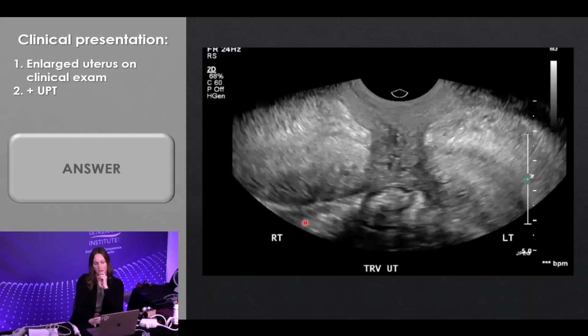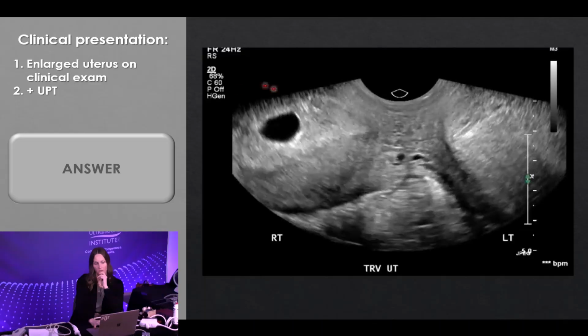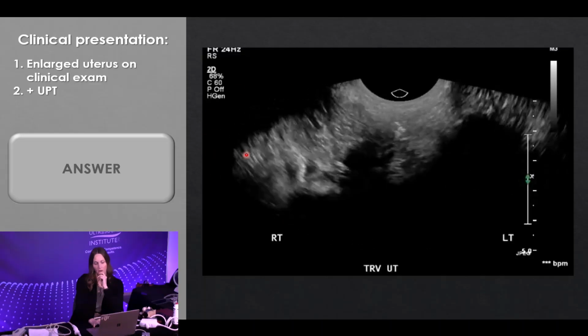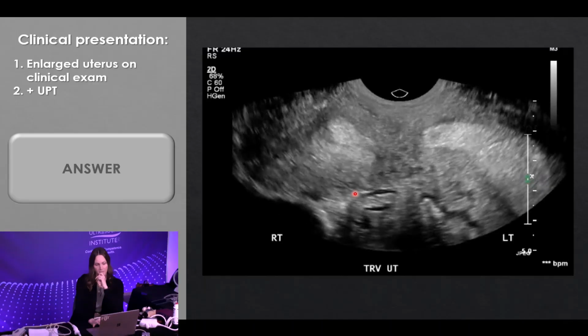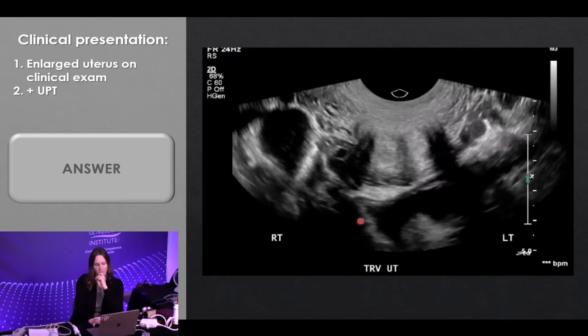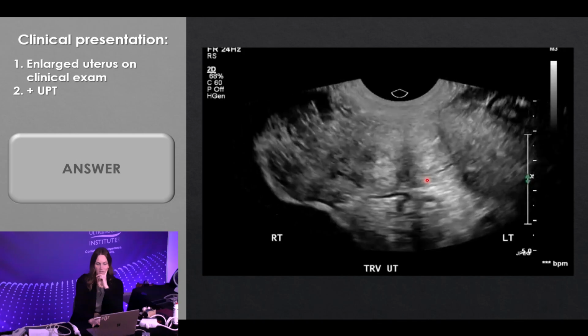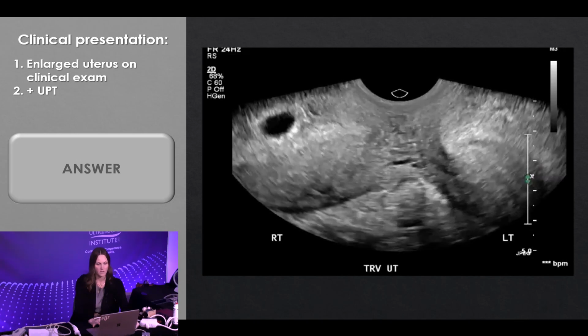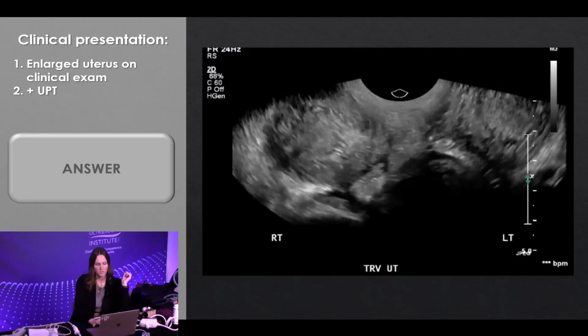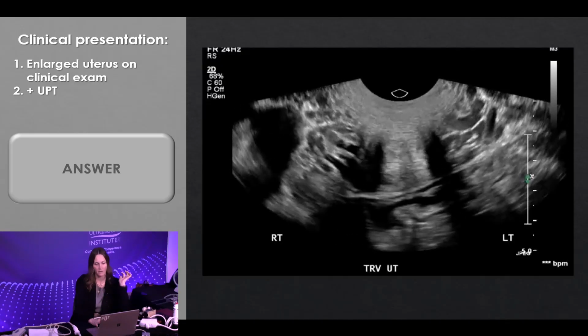I heard someone say, I think I see a pregnancy. Over here? Yeah, way over here. Okay. So if I was to kind of freeze the image, I wonder if I can do that. Can we do that? You're going to see the answer then. So if I was to freeze at the very beginning of this slide,